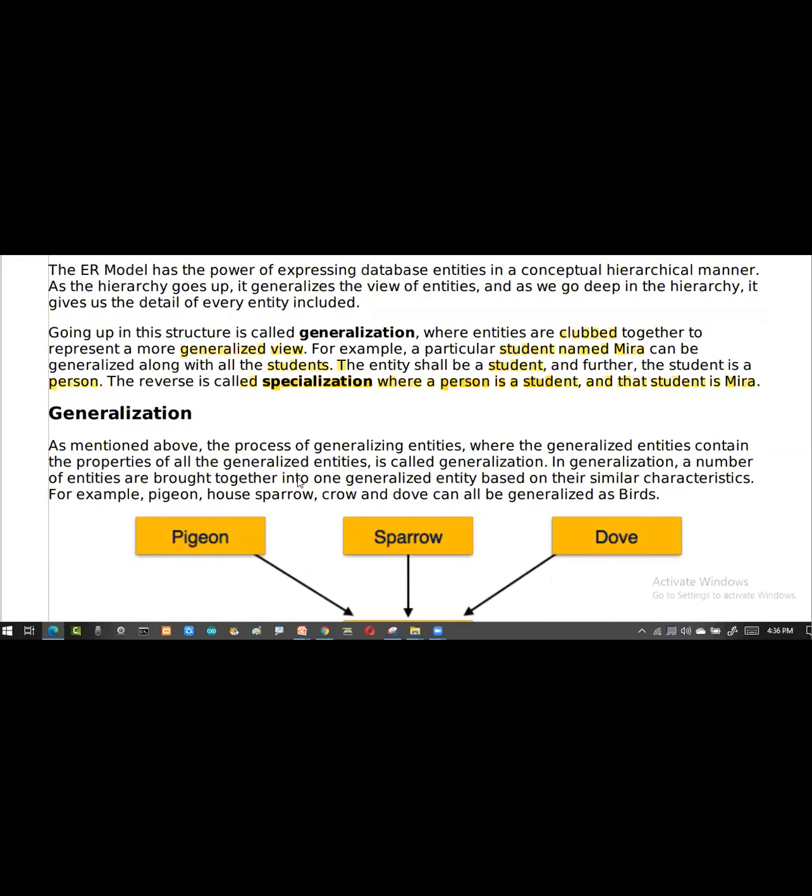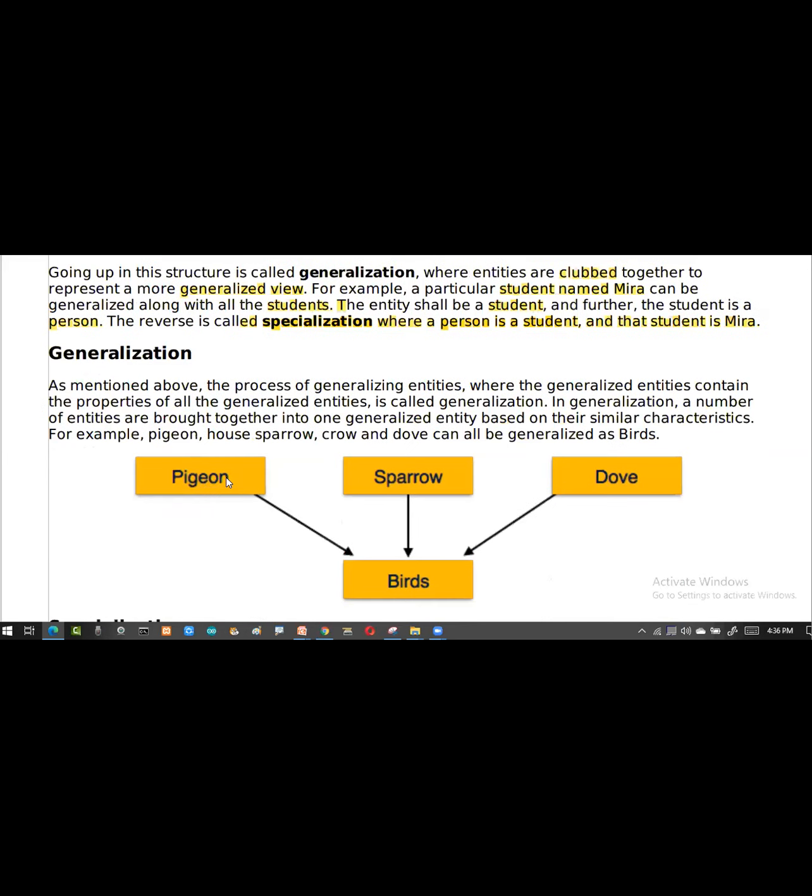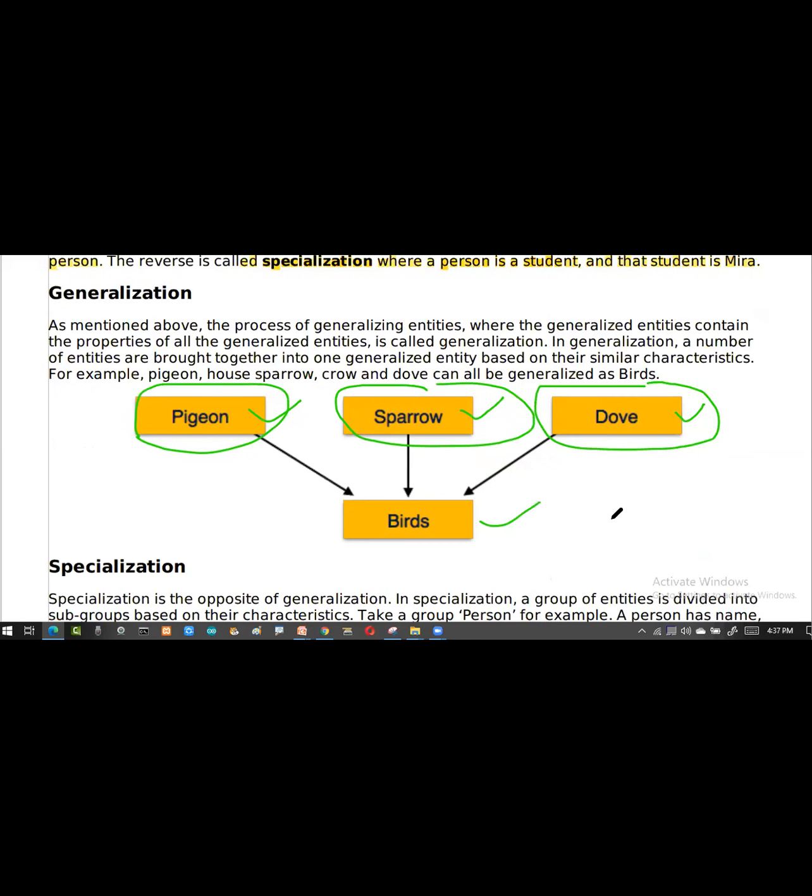I'll tell you how it is clubbed. Say for example, I have a pigeon, I have a sparrow, I have a dove. Now these are all our entities. All these entities, I can say, come under one category called birds. That is generalization.